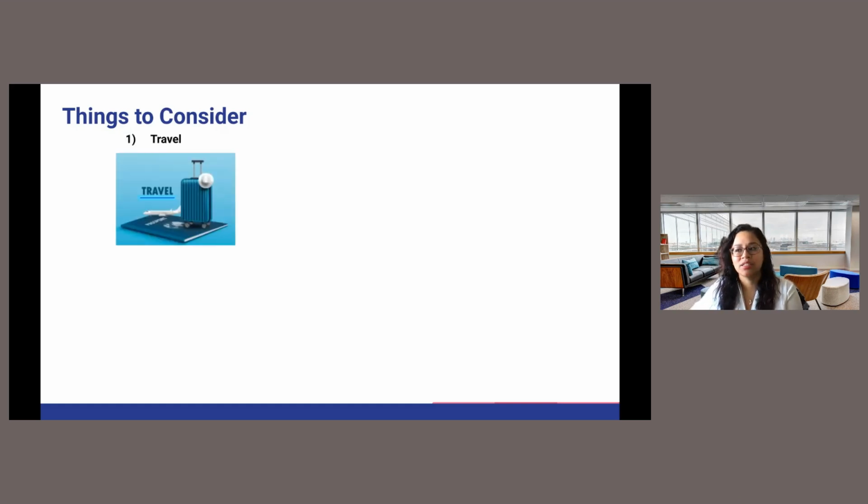Travel. You may have to travel. So when you're looking for a sales engineer position, ask how often do you need to travel. It will depend on your region. It will depend on if you're going to be a face-to-face 100% customer sales engineer, or if you're going to be a hybrid, remote and facing. So travel, definitely ask, how often do I have to travel?